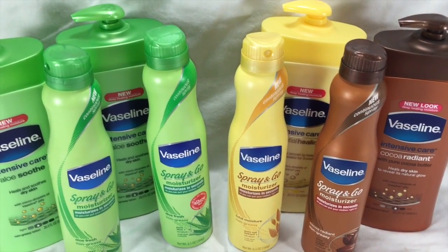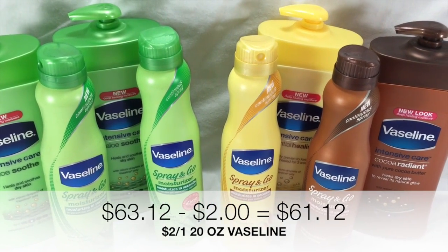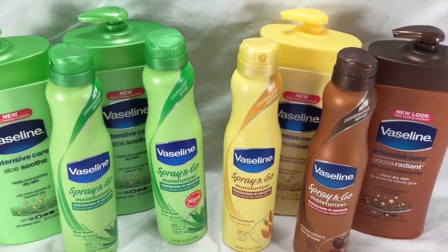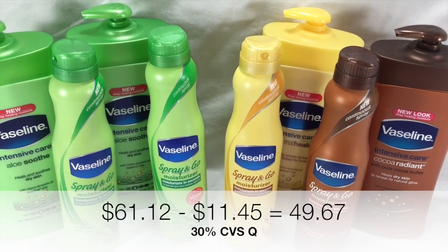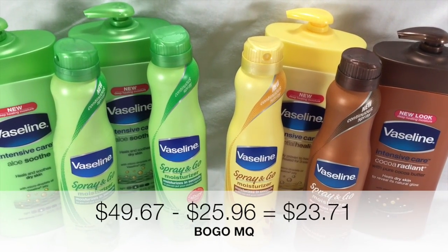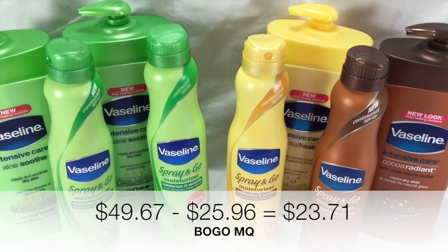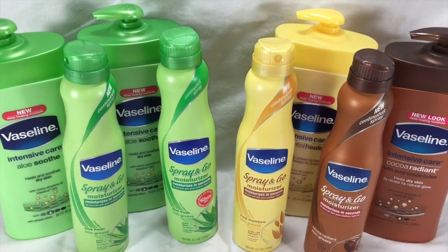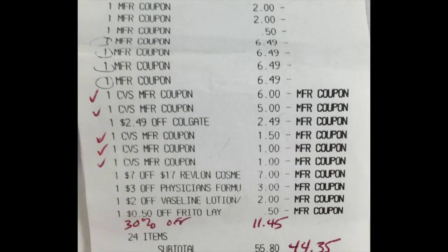$63.12. We did have the $2 CVS coupon, and when he manually entered in the 30% discount, that took off $11.45. The buy one, get one free manufacturer coupons totaled up to $25.96, leaving us with a cost of $23.71 or $2.96 each. At the register, the subtotal for transaction number 9 was